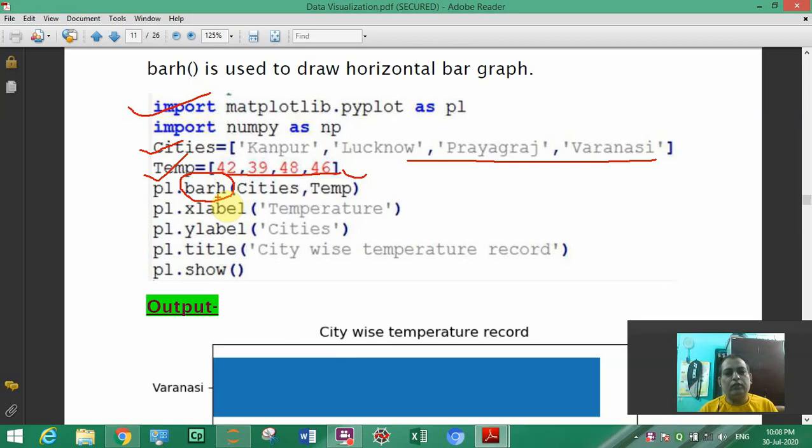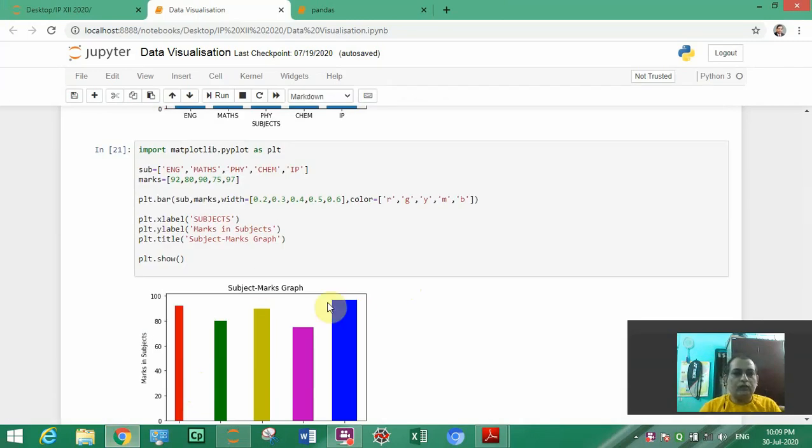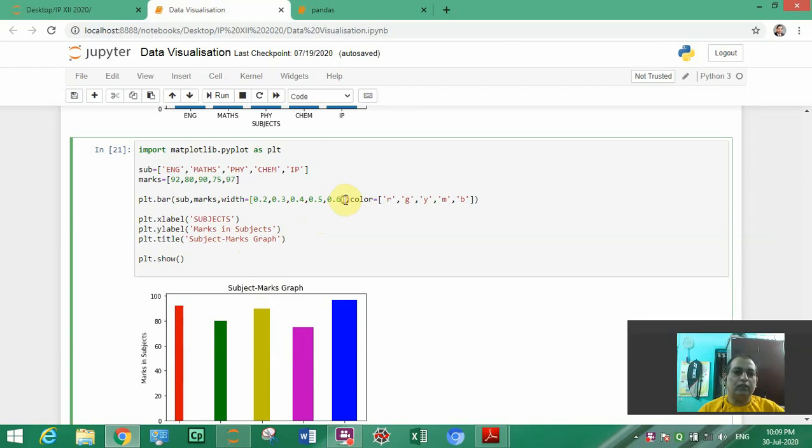By default a bar chart is created vertically, and these things you have already seen: x label, y label, and title. So in my case we are creating a graph of marks and subject.